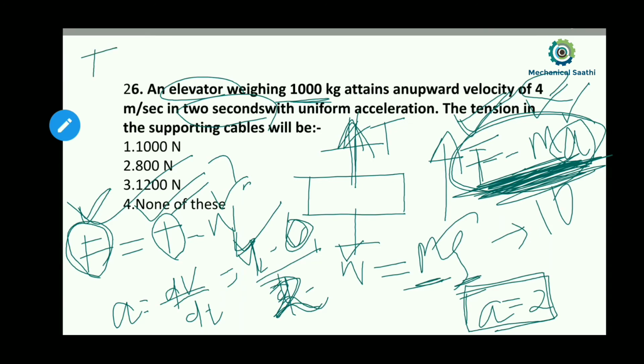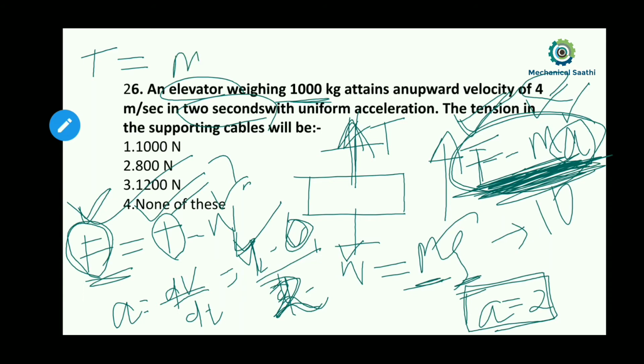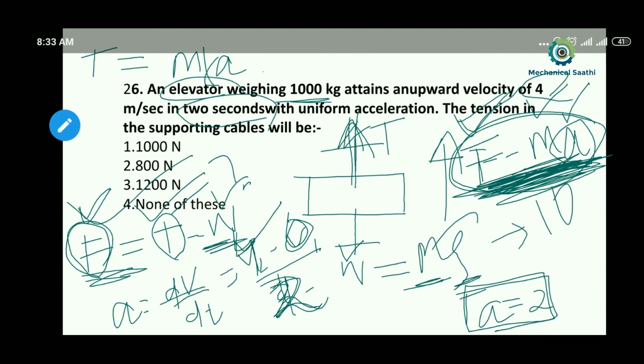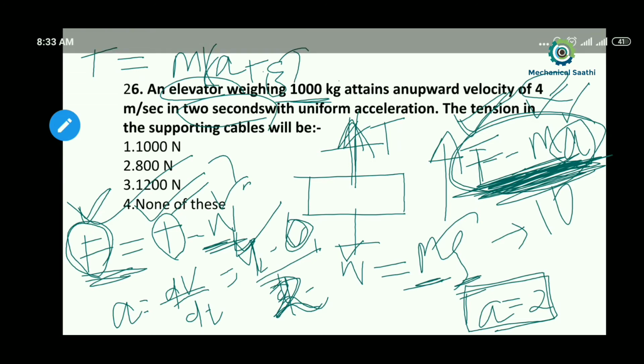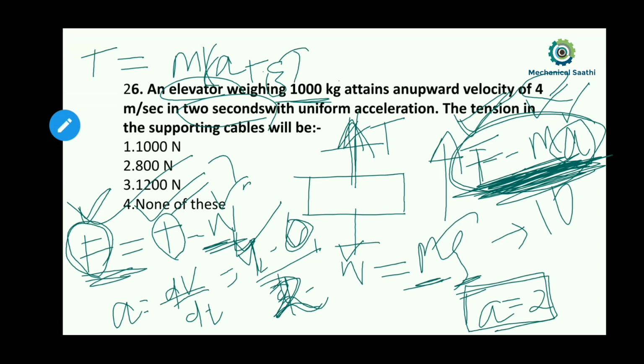So I will write T as F plus W. F I can write as ma, and W I can write as mg. So I can take m common, and write T equal to m into (a plus g), where m is given as